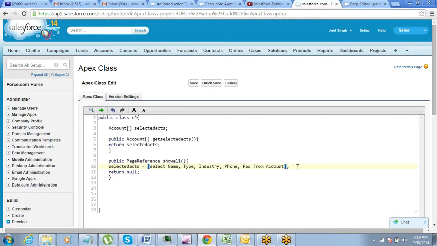So that is basically a pick list. You have to create a custom pick list and put the values in it, whatever options you want to give, and then click on the button. It should take the value from the pick list and then go and do the search. So that is how it is.